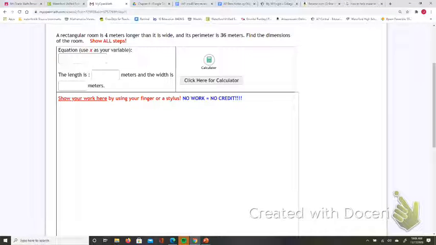This is the notes for lesson 13A. So in these notes, all of the problems are very similar because they all have to do with the perimeter